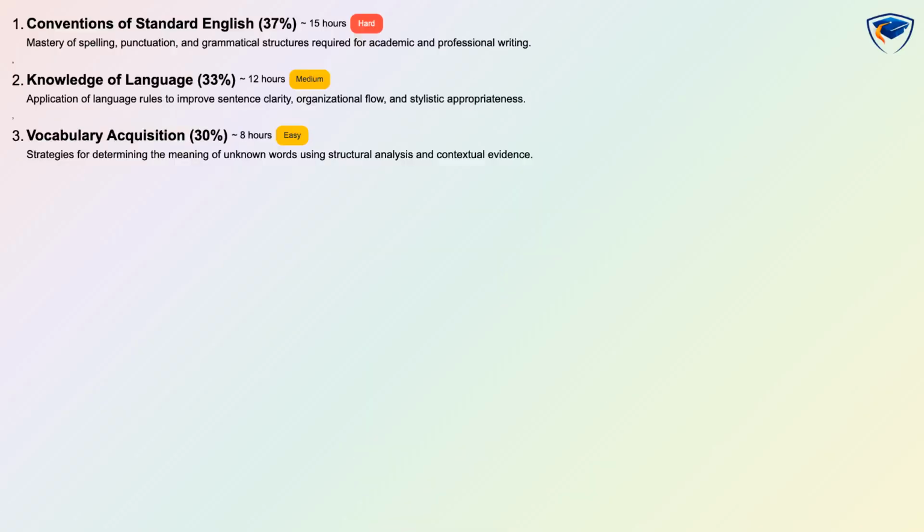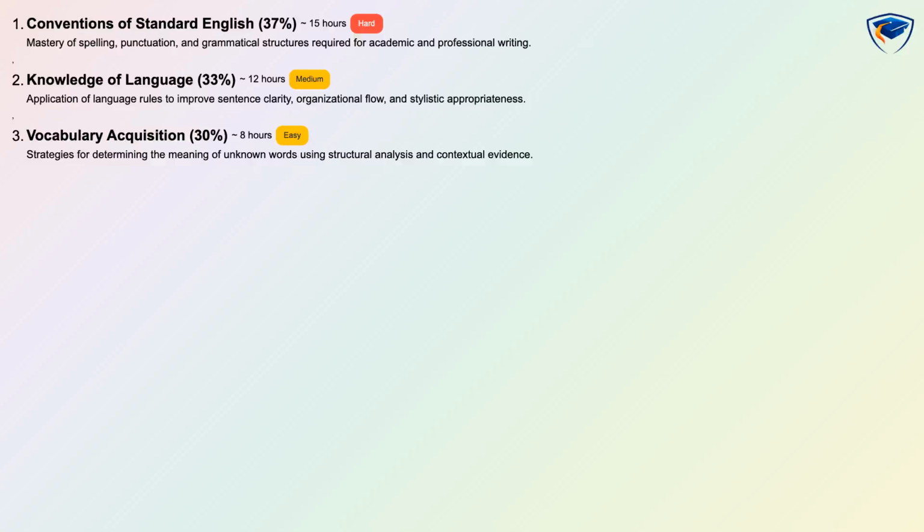The exam divides into 3 domains with exact weights. Conventions of Standard English is 37%, knowledge of language is 33%, and vocabulary acquisition is 30%. Each domain is assessed with conceptual plus scenario-based questions that test practical use and decision-making. Together these weights show you should focus most of your effort on conventions, while still giving significant time to language